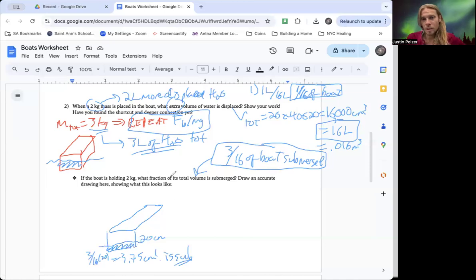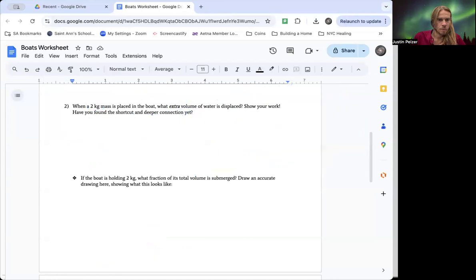Which is going to be important because as you add weight to your boat, that's going to displace more volume, but the area stays constant. So really, the fraction submerged is going to be the fraction of the height. So if it's half the height, you're going to say, well, is that going to start leaking because now there's a hole there or something like that? So that's what you're going to want to think about. So that's awesome. Now for the most important part, which is the last one,